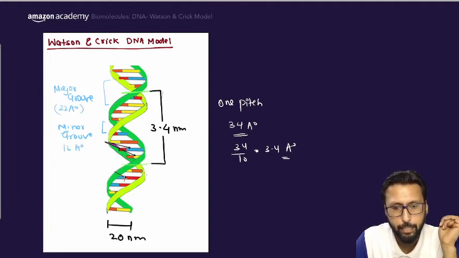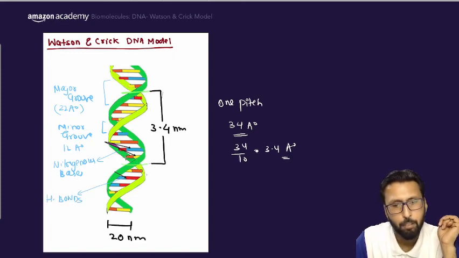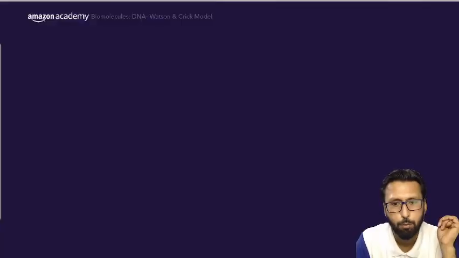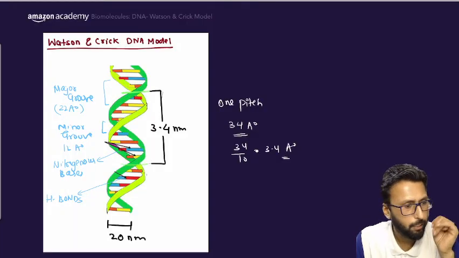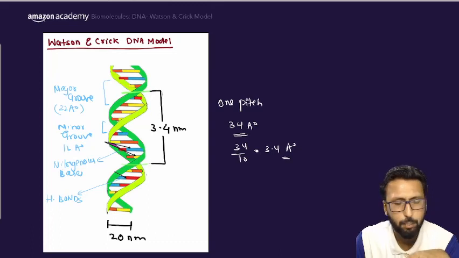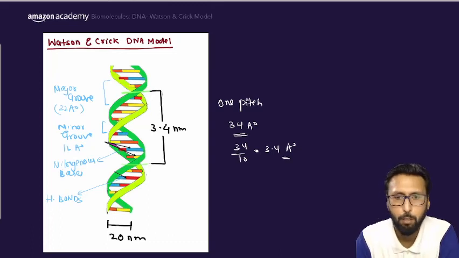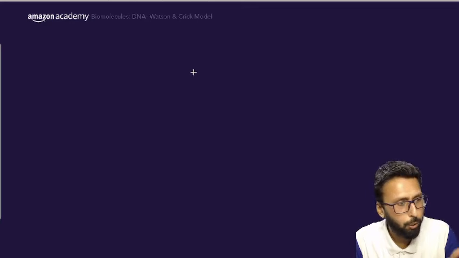And you can see these are the nitrogenous bases, and they are joined together by these hydrogen bonds. So these are the hydrogen bonds. Okay guys, now we can see how these are arranged, why this is called the 5' end and why this is called the 3' end, what is the logic behind that. So let's go into the structure of DNA.